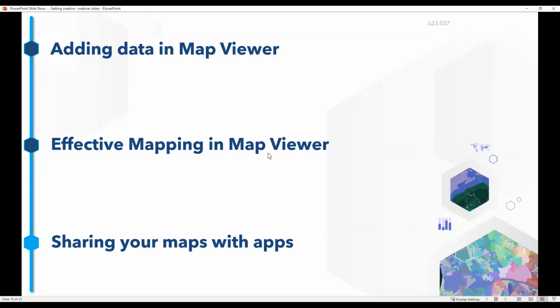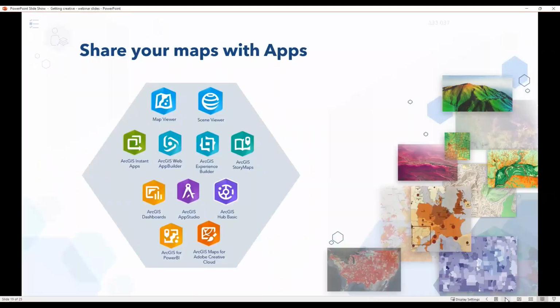So as it's been mentioned, once you have a phenomenal map that you've made and you want to share it with a wider audience, there are a few different paths that you can go down utilizing your creator user license type. And although we will not have time to talk about all of these wonderful ways that you can share your maps with apps, we are going to talk about 4 different methods, that being ArcGIS Instant Apps, ArcGIS Experience Builder,